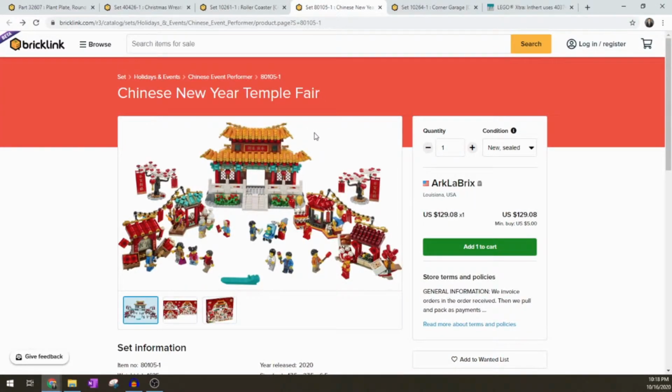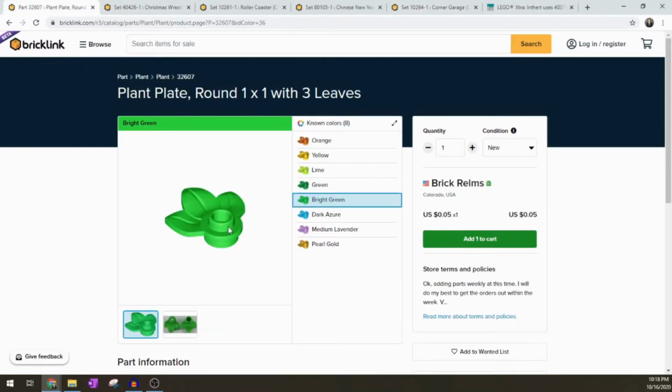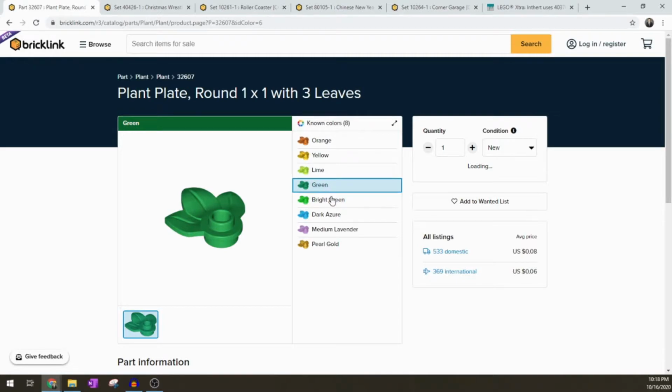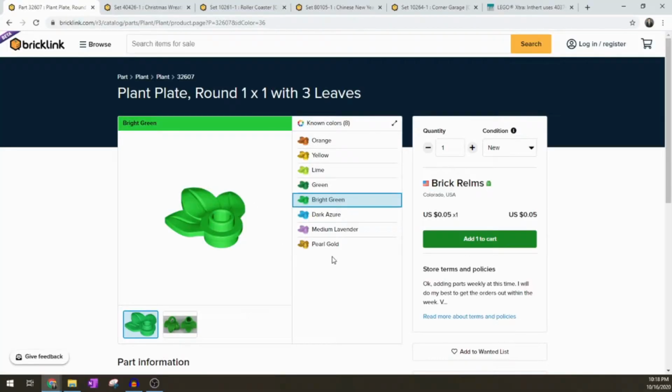The Chinese New Year Temple Fair, right here by the steps and kind of spread around, also has 28 of these, and this time we're looking at the light green ones. And another one with quite a few is the corner garage with 25. So these are kind of the 4 sets that do have the most of this element, but this element is also interesting because we have seen the green color. I think the green and the bright green have both been in the Pick-a-Brick wall in LEGO stores. So whenever you get elements in the LEGO store Pick-a-Brick wall, those are available in vast quantities,